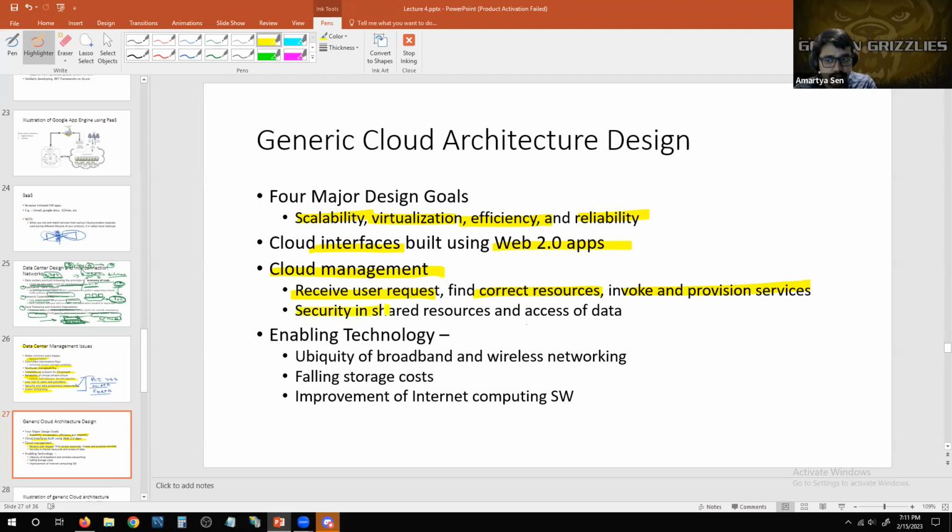And then the security aspect of the data, where since there is some degree of multi-tenancy and resource sharing that comes with virtualization to improve resource utilization, you need to be responsible, and that needs to be executed through the middleware when it comes to the shared resources and the access of data. Okay, and basically the technologies that